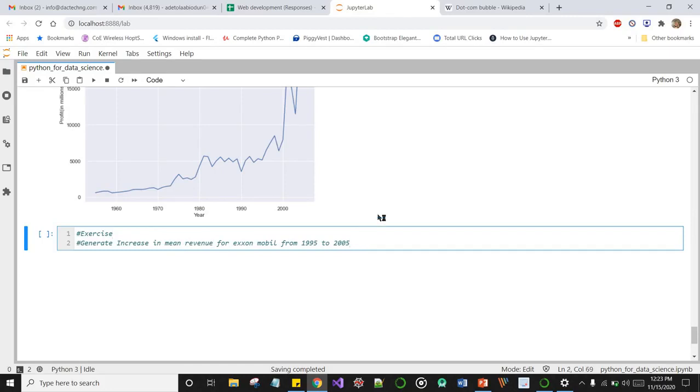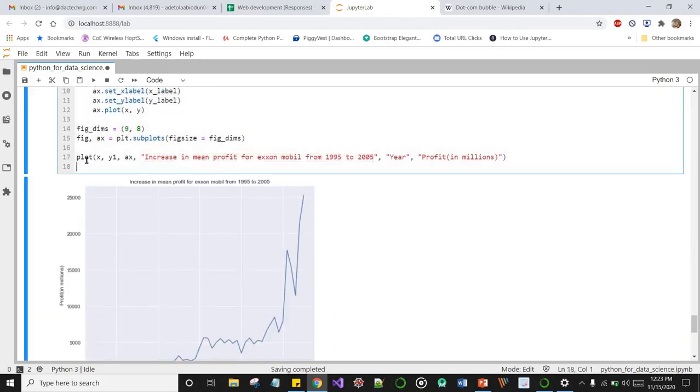To do this, it's very simple. We already have our function here, so just call on the function. The figure underscore dimensions is okay. You might want to increase the dimension of your figure. It's your choice depending on what you like. If you like your figures to be very big or to be small, it depends on you.